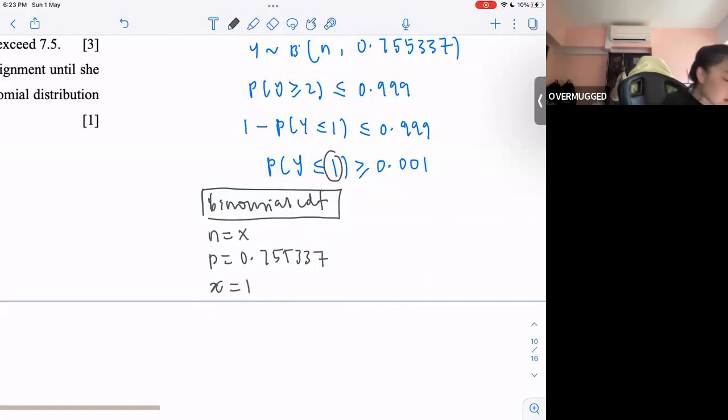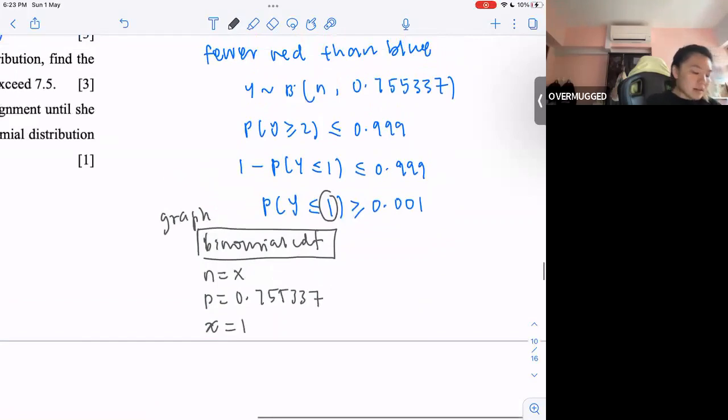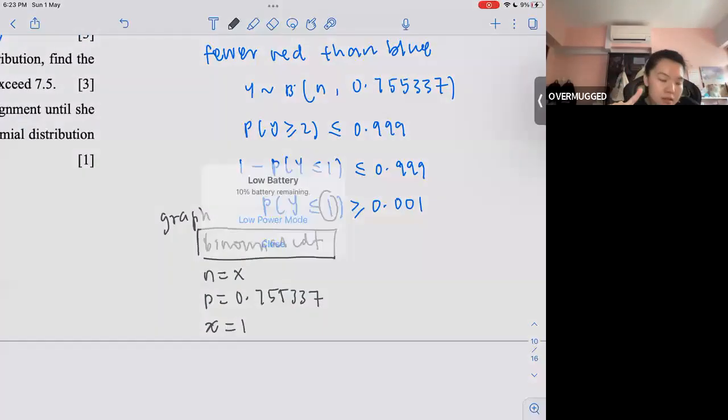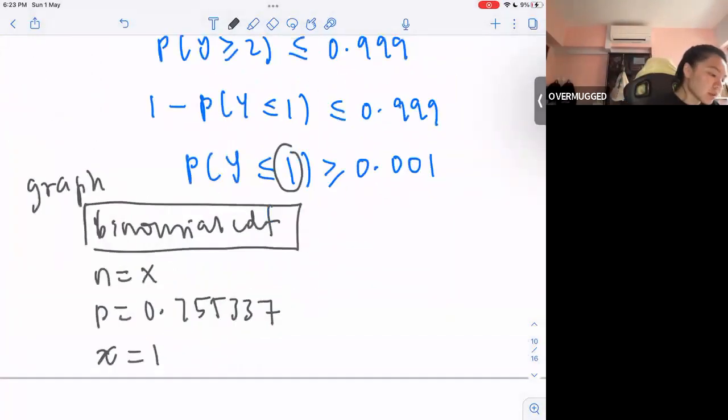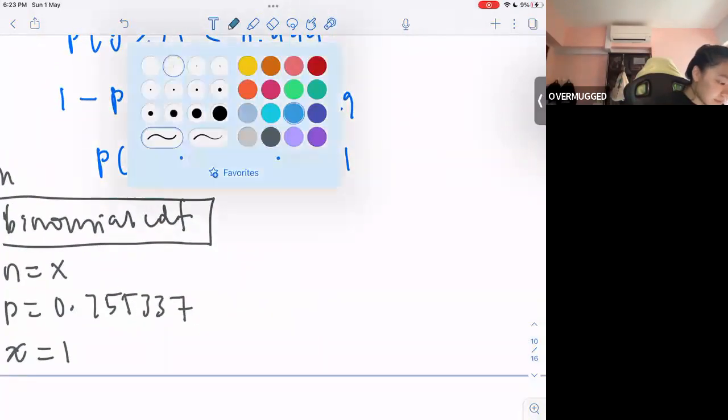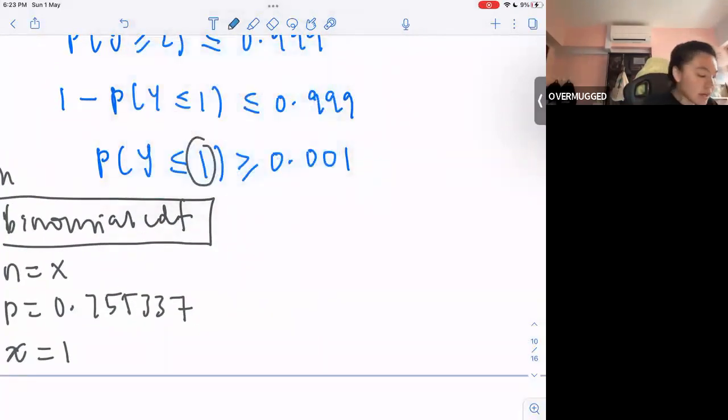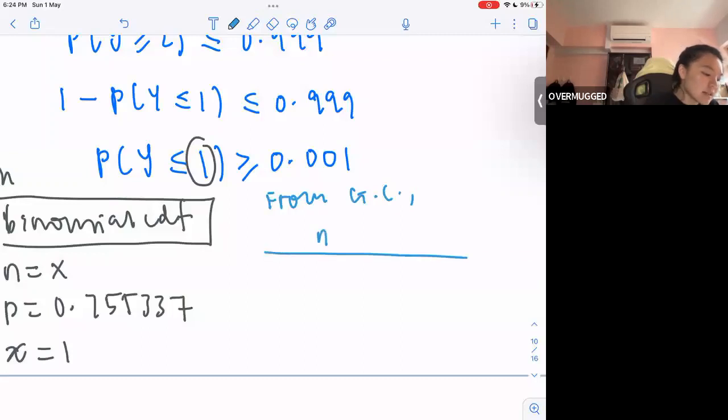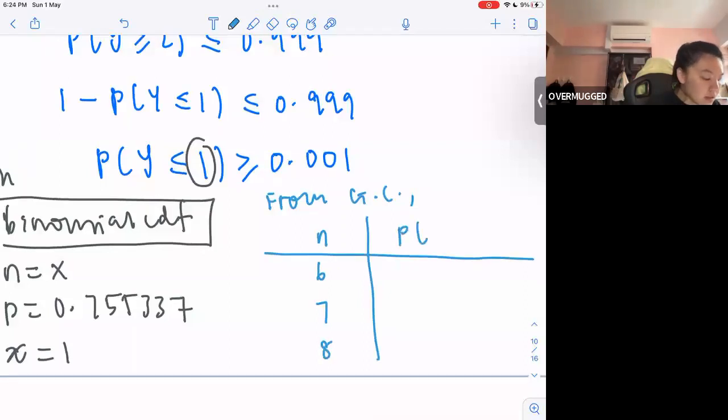So by putting this into the graphing part, right? Okay. Then you can go to the table. So now you should be going to the table. Okay, and at the table, you will observe. So then you'll write in your exam from GC, when your n is 6, 7, and 8, okay, your probability, which is what you are calculating over here, from the table will be